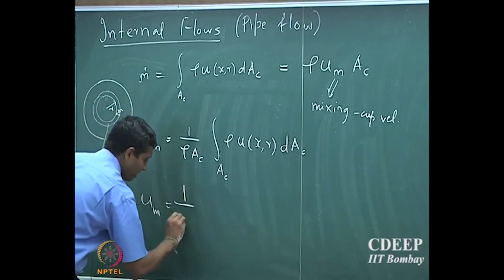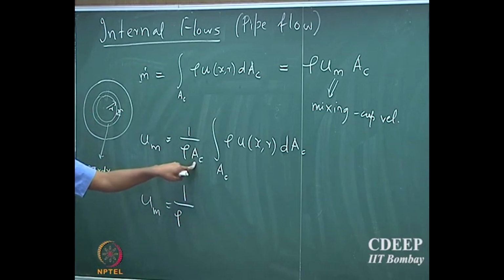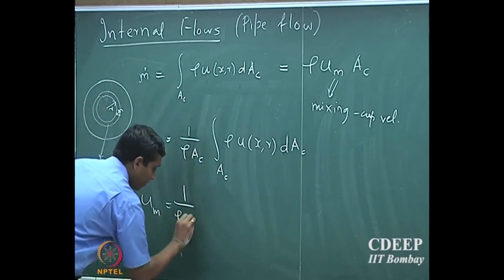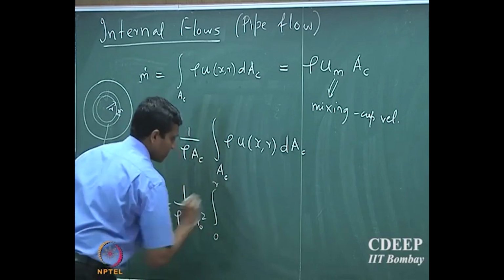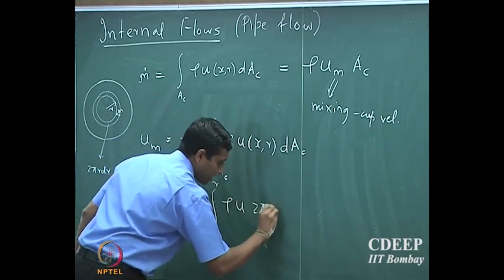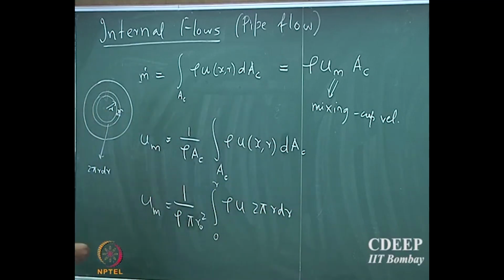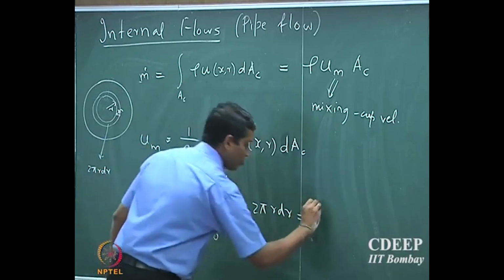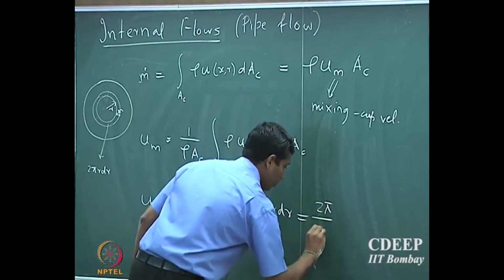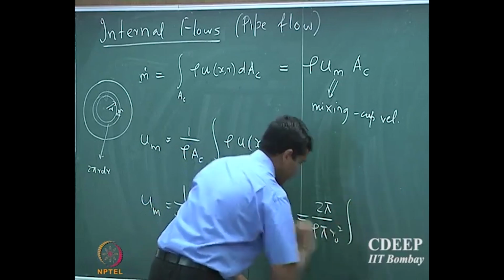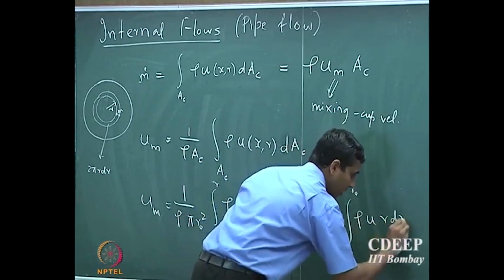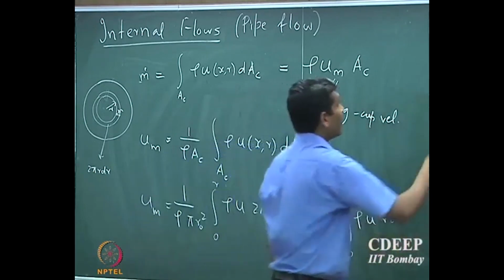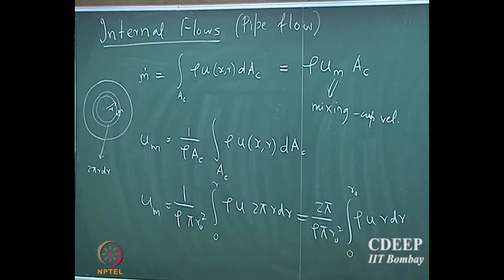UM will be 1 by rho, times the cross sectional area, which is pi r naught square, because r naught is the radius of the tube, times the integral from 0 to r naught of rho u 2 pi r dr. So that will be 2 pi by rho pi r naught square, integral of u r dr. Now if I assume that it's an incompressible fluid,